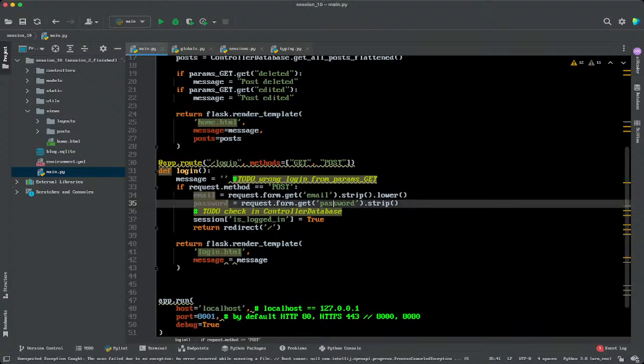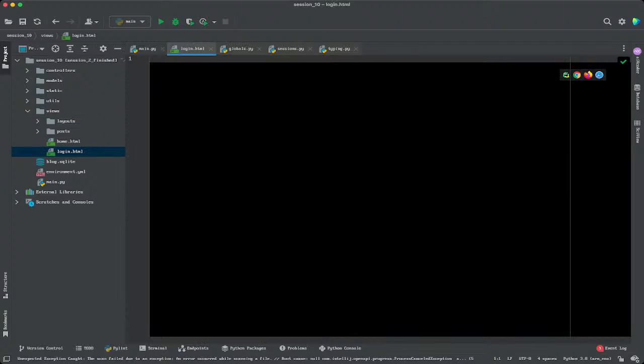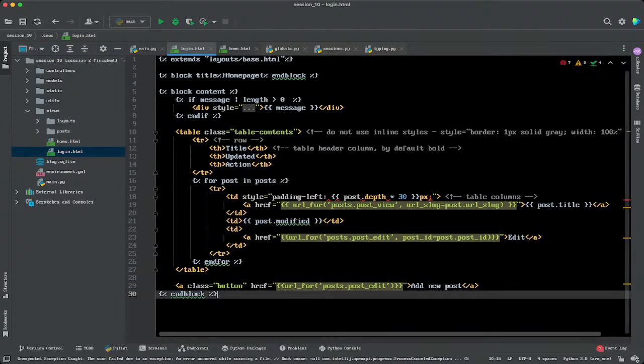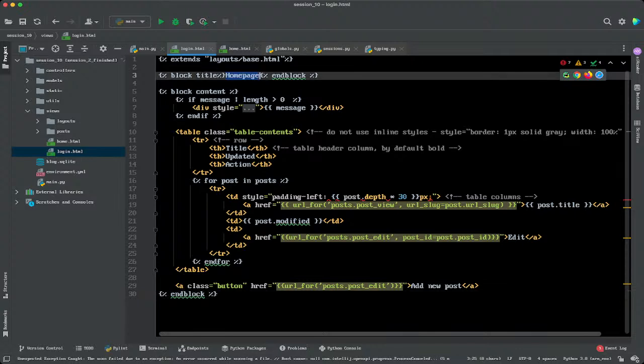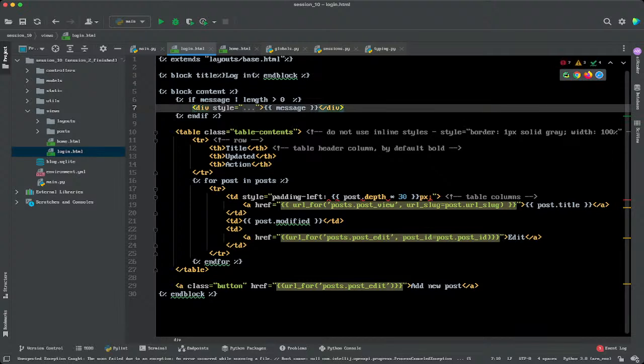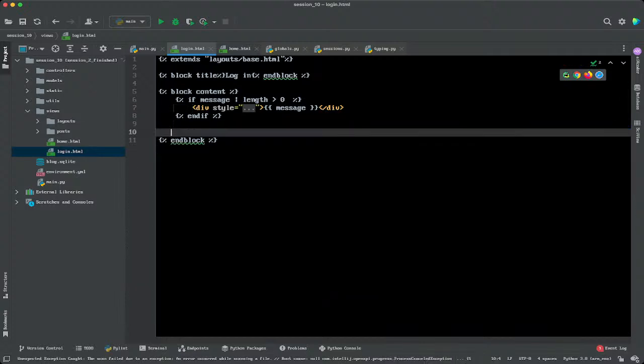So in the front end we create a new file, login HTML, and this we can actually copy from the home page, I think, and just change a few pieces of code. So let's write up here login. We can leave the message block, if the password is wrong, and then we need just to change this block, create it using the form. So the form action, the Jinja syntax, URL for